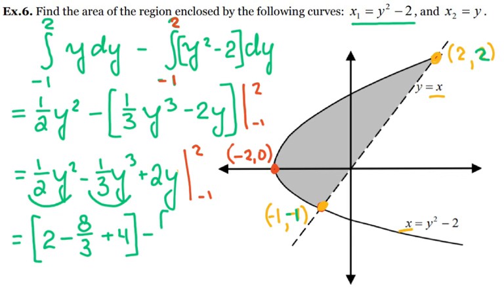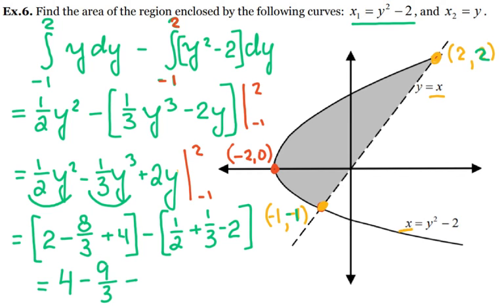So minus, and then I plug in negative 1. I have 1/2, and then positive 1/3, and then negative 2. Now, taking away the parentheses will give me 4, negative 9 over 3,